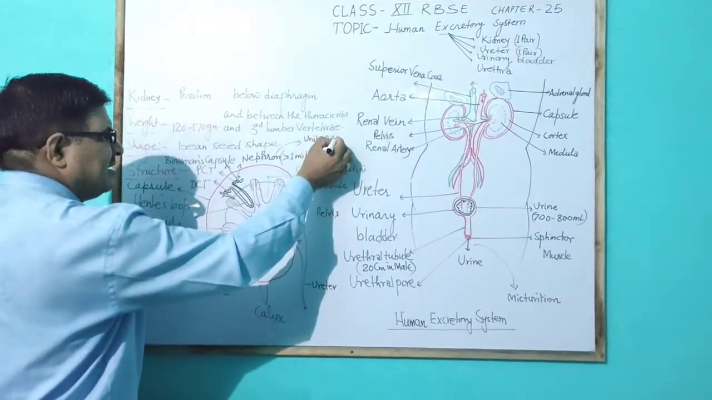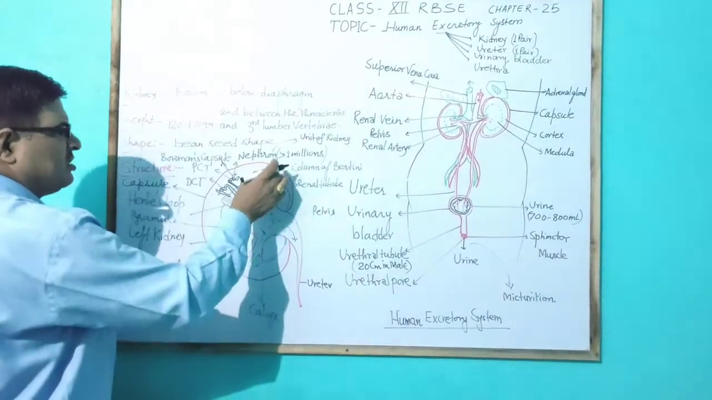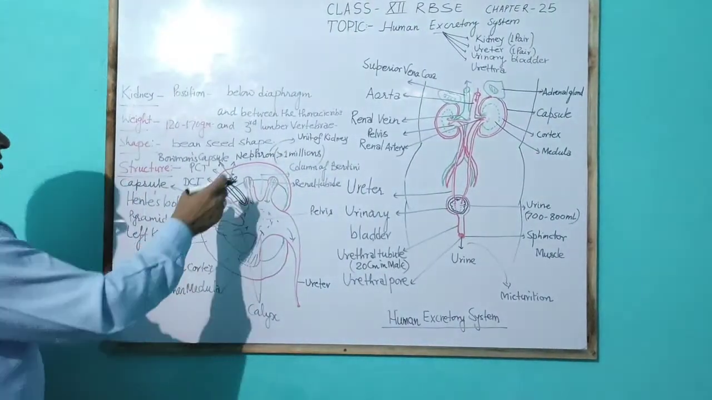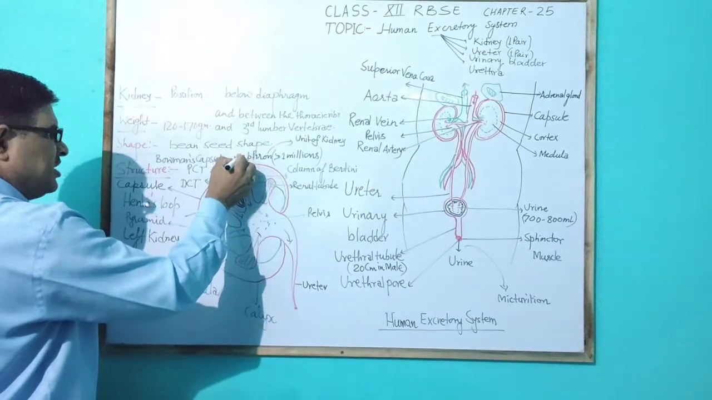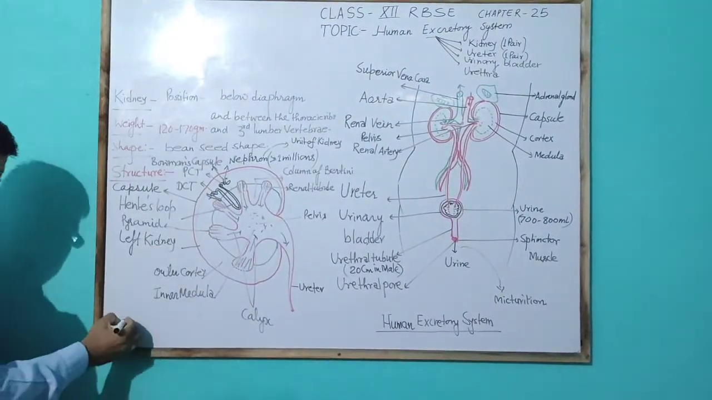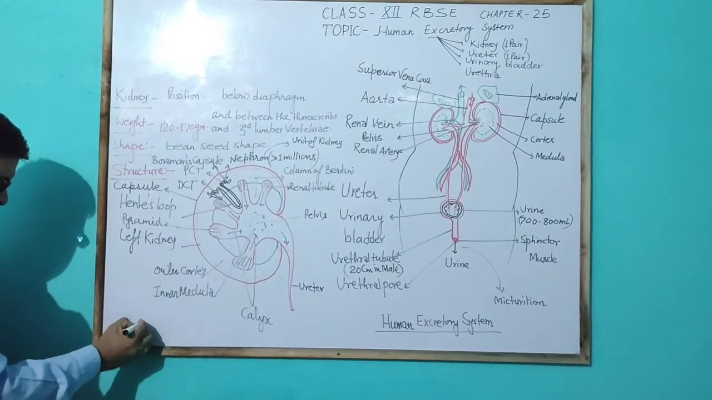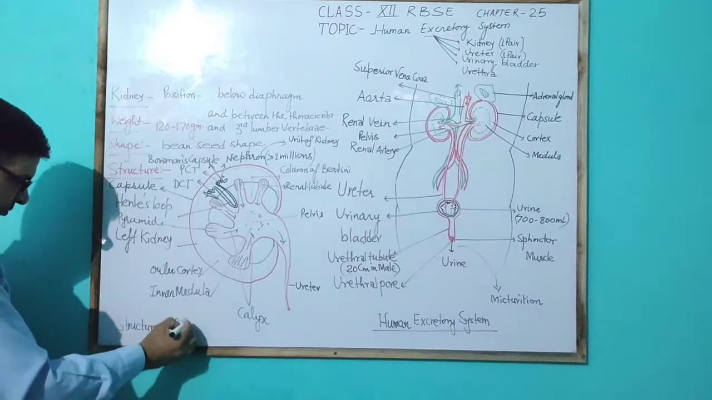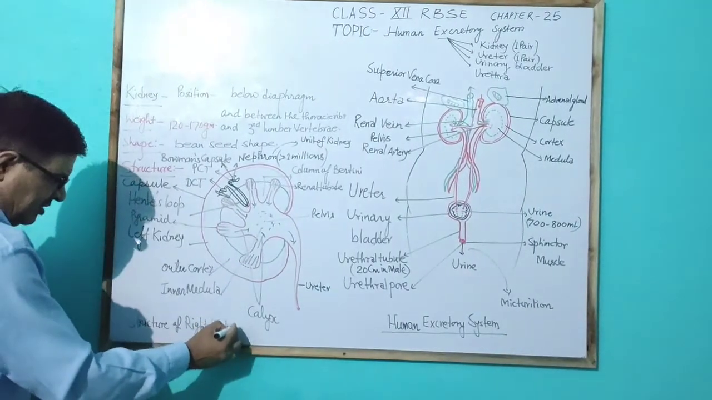As mentioned, more than 10 lakh, or more than 1 million, nephrons are present in one kidney. This is the structure of the right kidney. The right kidney has